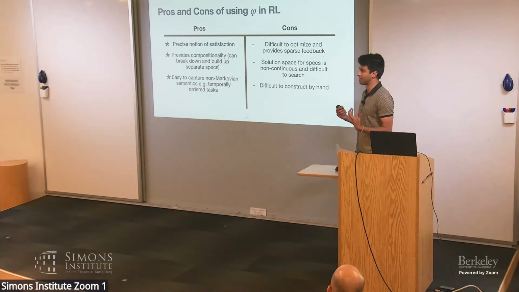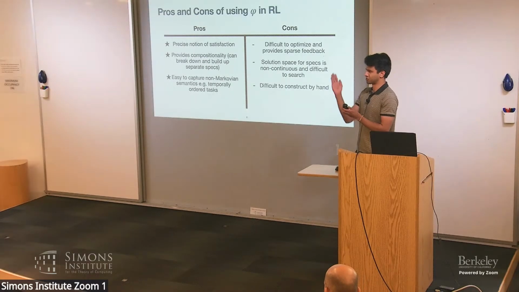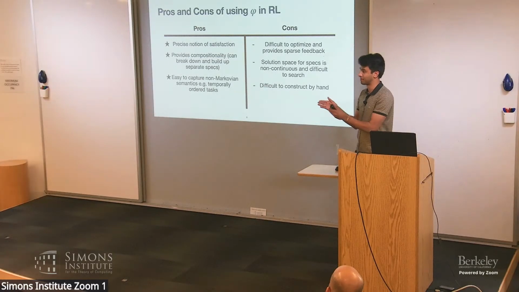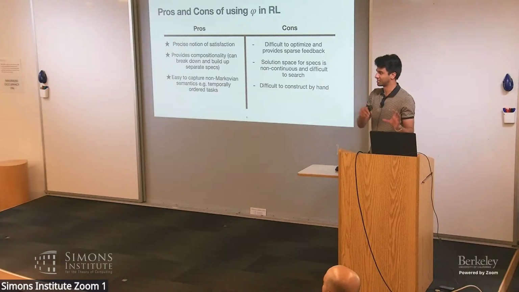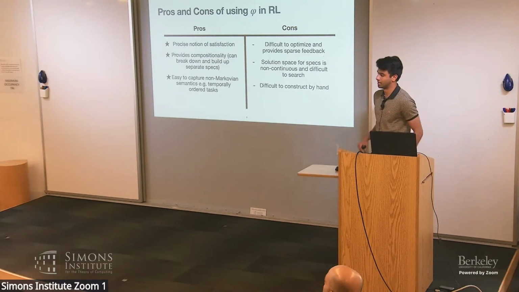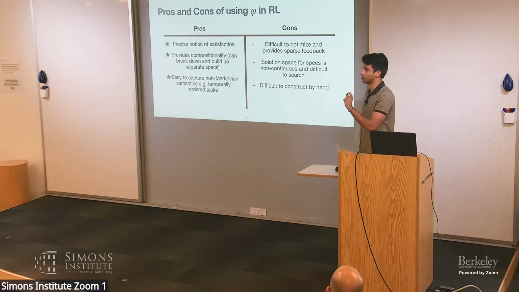In those cases, you have this cart pole example. I want to stay alive as much as possible. It might be easier to just say I get a point for each step that I'm alive, or I have some notion of satisfaction or optimality. Or you might say the closer I am to zero, the better. I think it's difficult to construct by hand in cases where it's not as clear what correct and